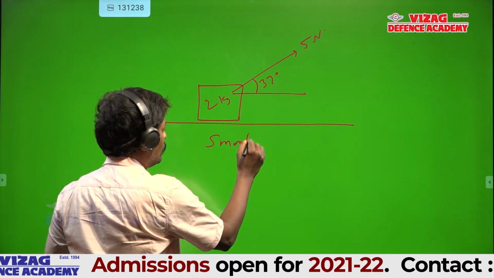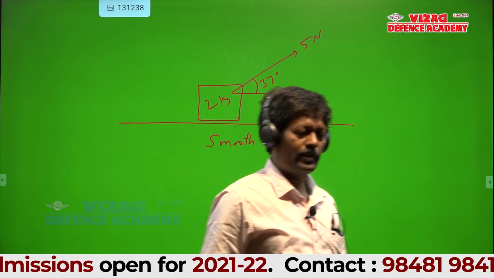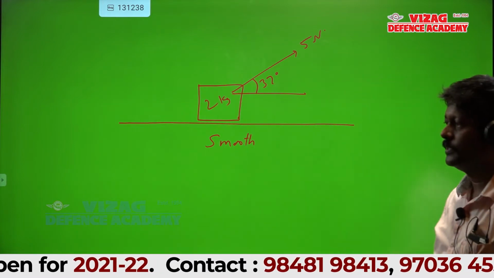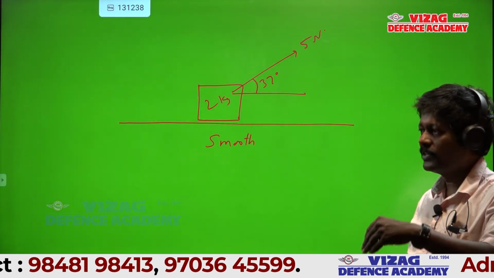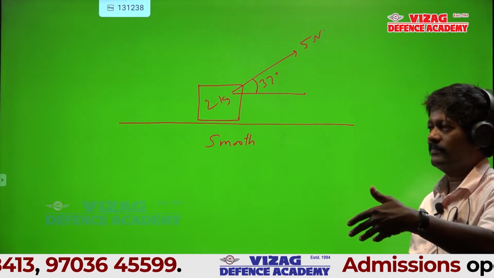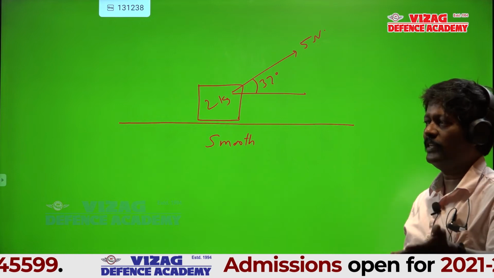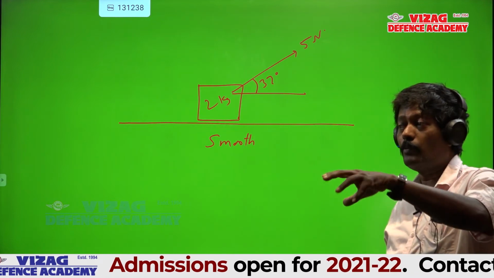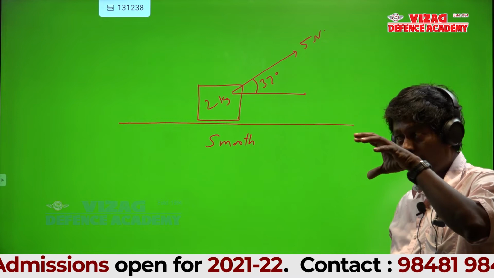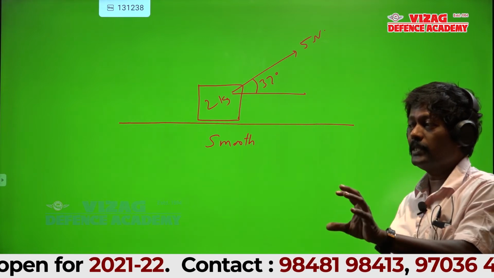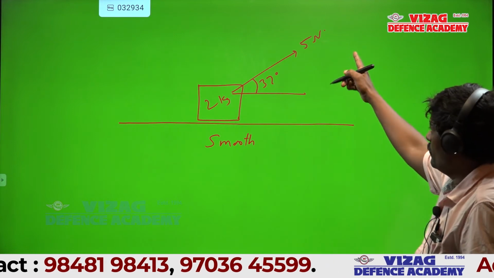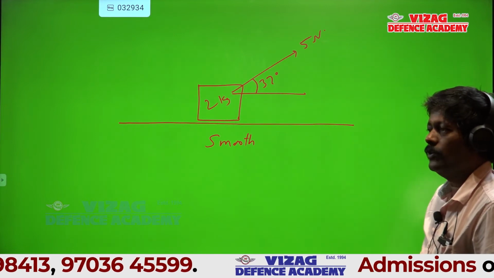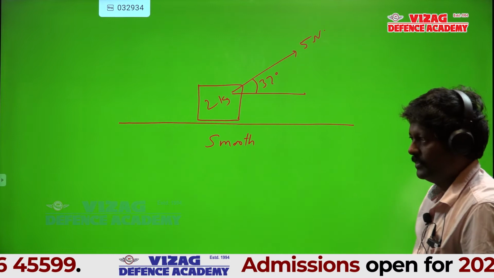Till now, you may wonder, sir, why are you giving a smooth surface only? Usually the surface will be rough. If it is rough, friction acts. Yes, friction will act. I am not going to that complicated case. First I am telling you the simple case, then we will go into that case afterwards. Now 5 Newton is acting at an angle of 37 degree.